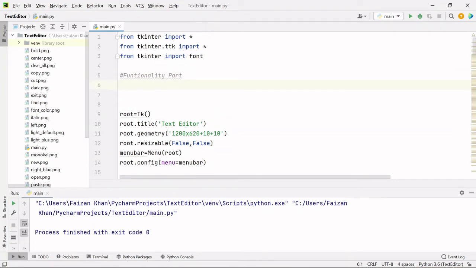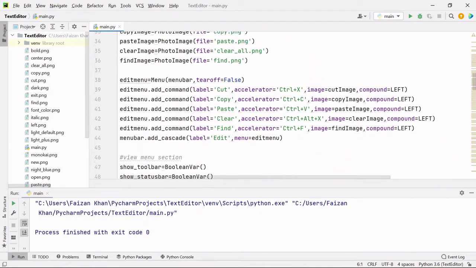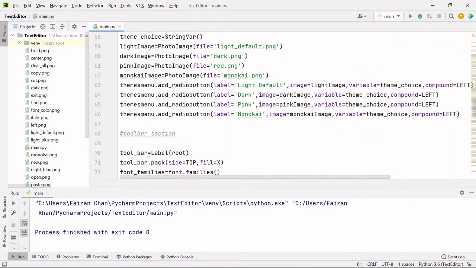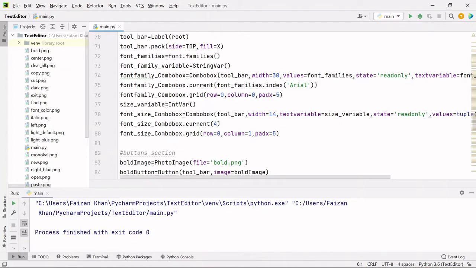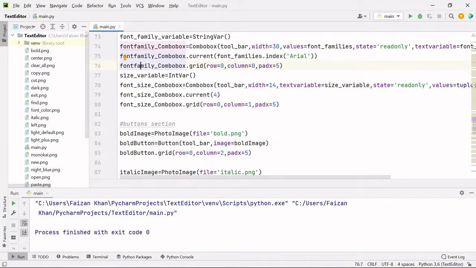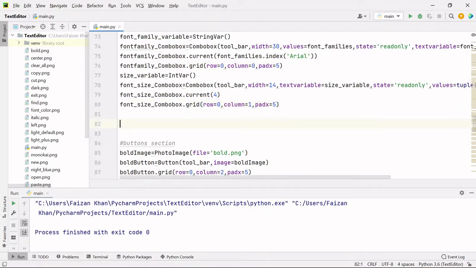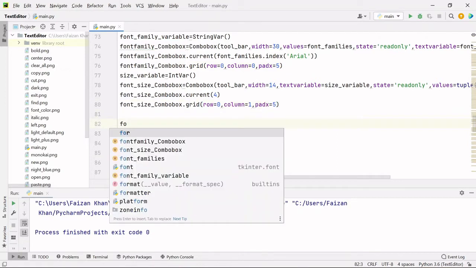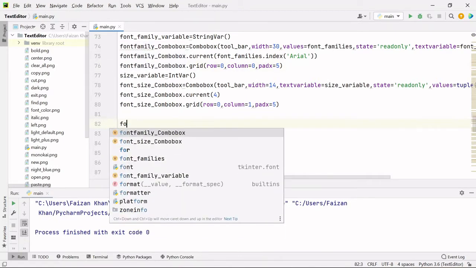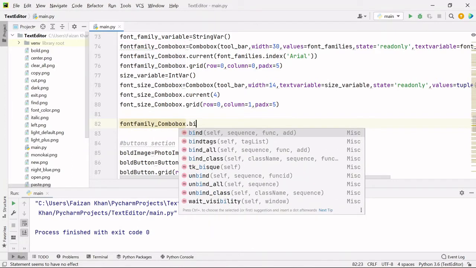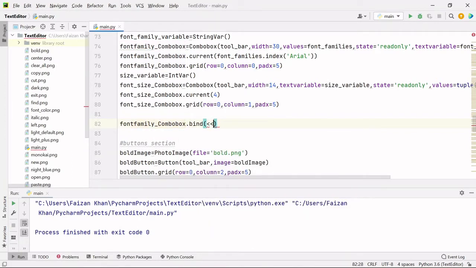Okay, so as I told you that we will be binding the combo boxes to a function. So whenever you select any style through the combo box, that function will be called and the styling change will take place. Okay, so first of all, let's see this font family combo box, the functionality of this one. So just after creating the combo boxes, here I will simply bind it. So we will use this object variable font family combo box dot bind method, and to this bind method we'll have to pass like this